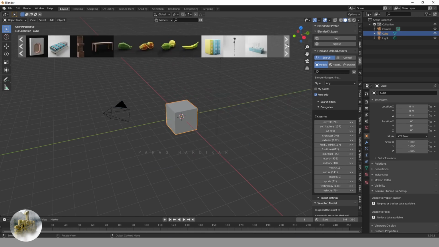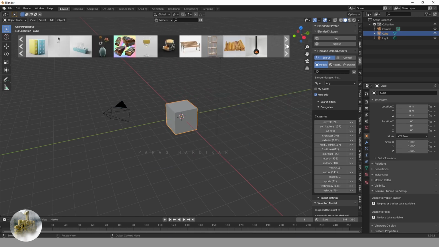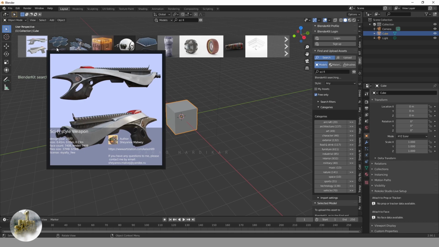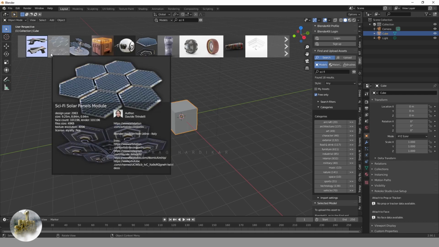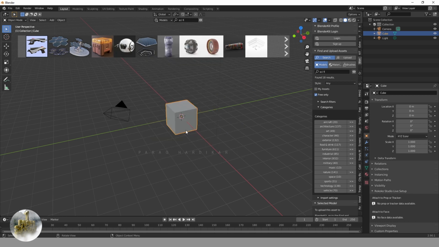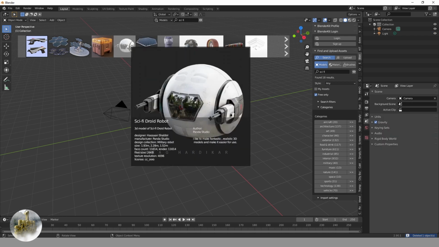You can clearly see here on the right side how many assets each category contains, which you can filter from here, or you can simply type what kind of model you are looking for and hit enter. Let's click on this one which I used to create my scene. Once you click on the model, you will immediately get it in your viewport.